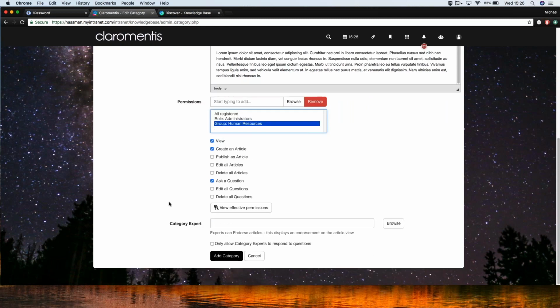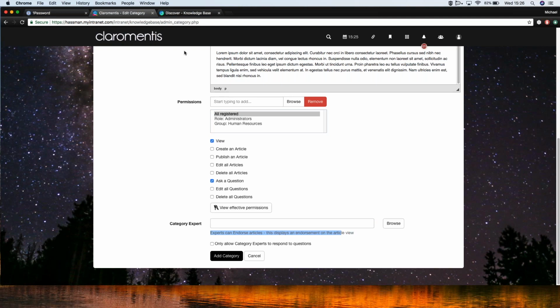And then underneath that, we have, as I mentioned before, the elusive category expert. Now, a category expert in terms of these permissions is no different to what you've been stated here. You won't, because you're a category expert, then magically be able to create and publish articles, etc., if you're only part of your registered group, as an example there. It won't give you any more enhanced configuration permissions, but it will, as it says, allow you